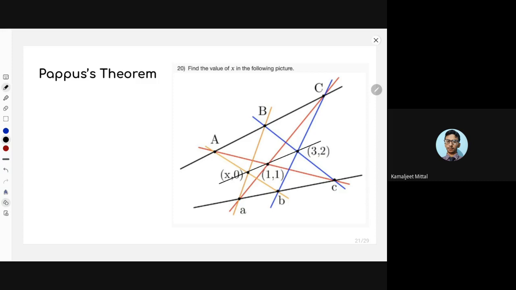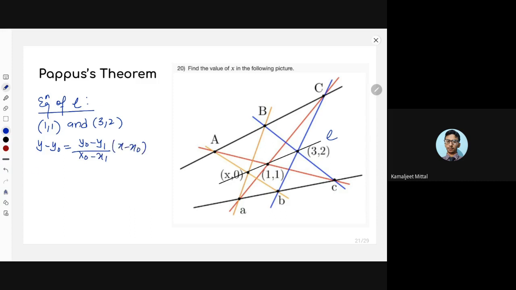Correct. So now you only need 2 points on a line to determine the equation of that line. So what will be the equation of this line? Let's say this line is L. So the equation of L. You have 1 comma 1 and 3 comma 2. So the equation of a line is y minus y1 equals (y2 minus y1) over (x2 minus x1) times (x minus x1). Correct. So y minus,